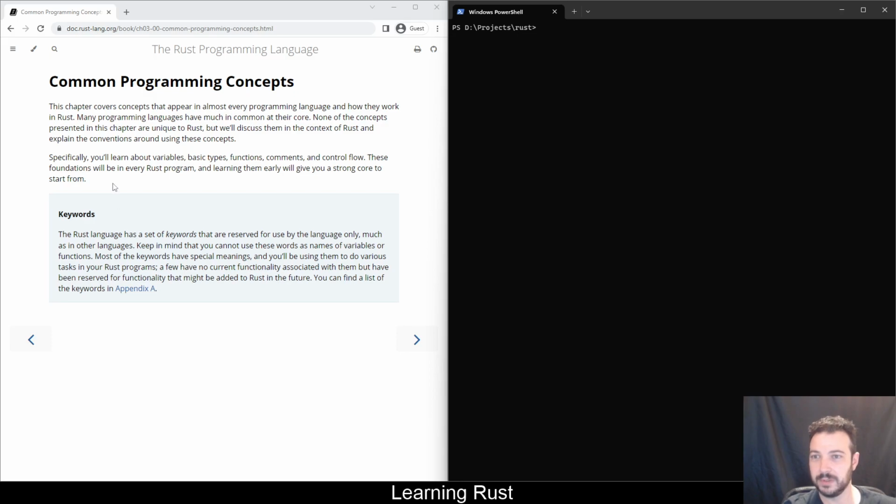This chapter covers concepts that appear in almost every programming language and how they work in Rust. Many programming languages have much in common at their core. None of the concepts presented in this chapter are unique to Rust, but we'll discuss them in the context of Rust and explain the conventions around using these concepts. Specifically, you'll learn about variables, basic types, functions, comments, and control flow. These foundations will be in every Rust program, and learning them early will give you a strong core to start